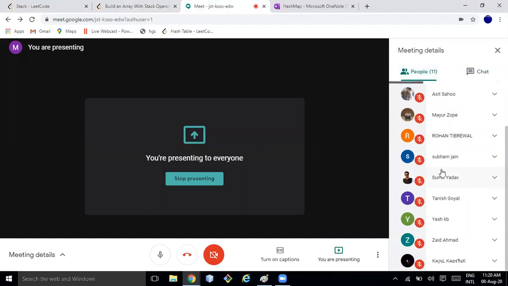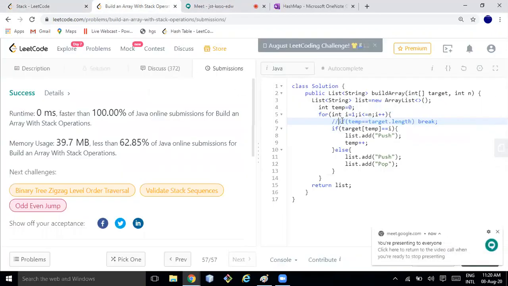Try your way. This is not the single way. A lot of approaches are there to solve this problem.